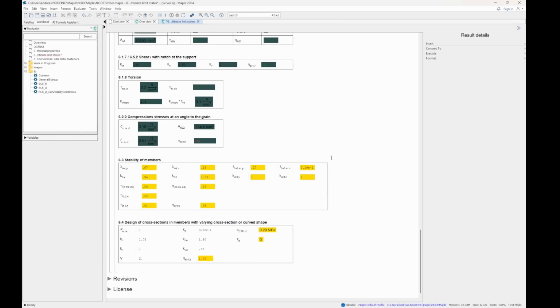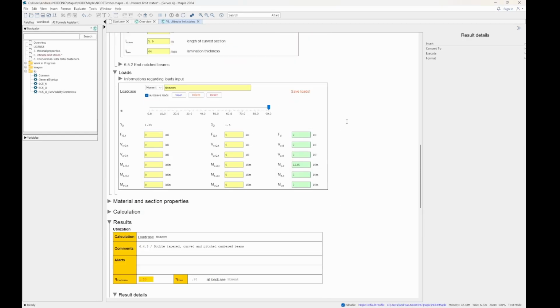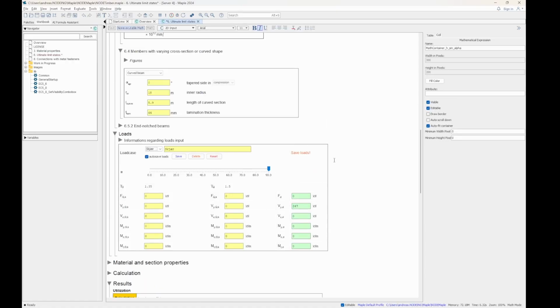So let's just go back. We have 1.53 here, and the next check is the shear check on the left hand side,